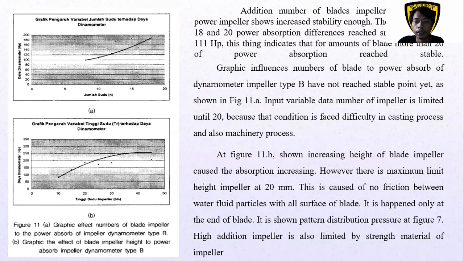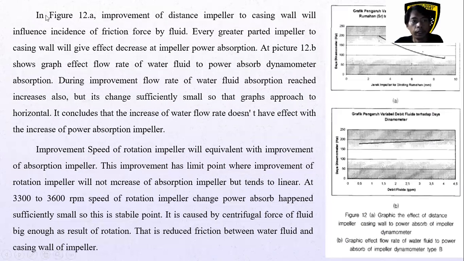It happens only at the end of the blade. It is the zone of the pressure distribution pattern, as in figure 7. Like adding blades, it is also limited by the strength of the impeller material. Like this, the figures 11A and B. In figure 12A,